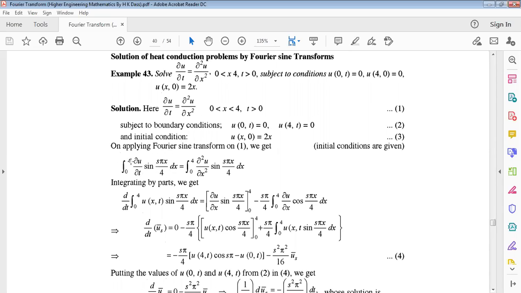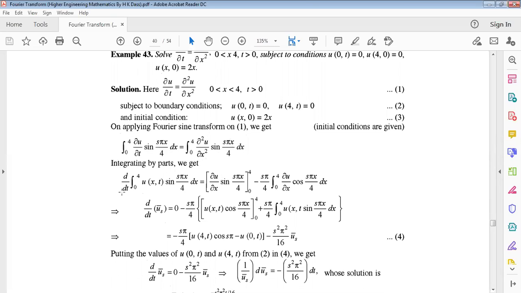Because the limit is given as 0 to 4, not 0 to infinity, this is the periodic function. This is why the sine term will be s pi x by 4 dx, from 0 to 4. Also del square u del x square is given, and this is the Fourier transform. If you take the Fourier transform with sine s pi x by 4 using the period 0 to 4 dx, now integrating by parts,